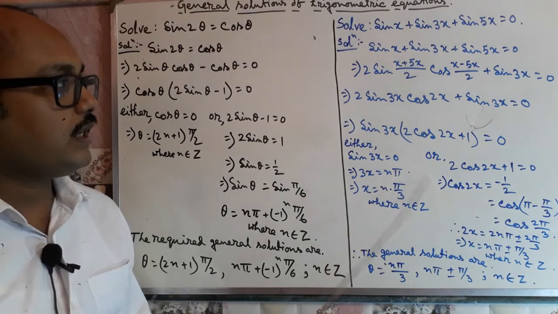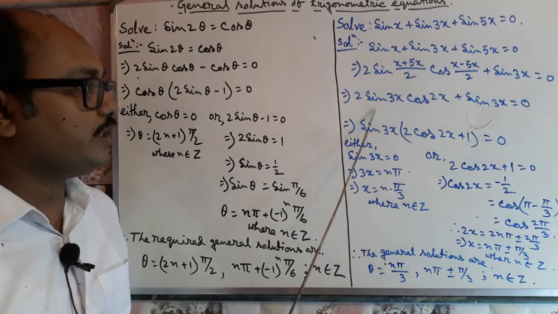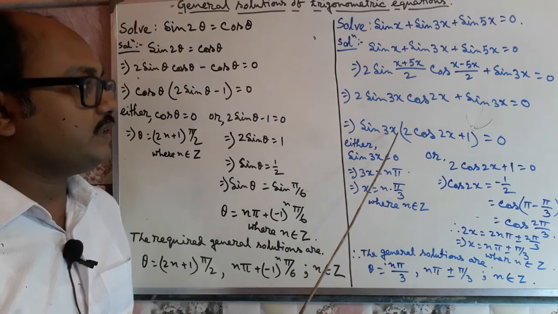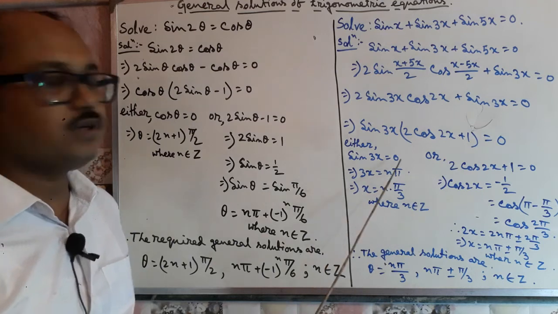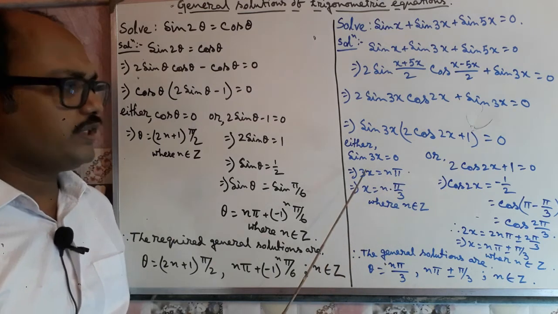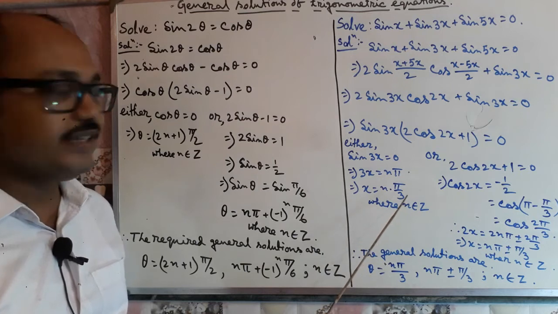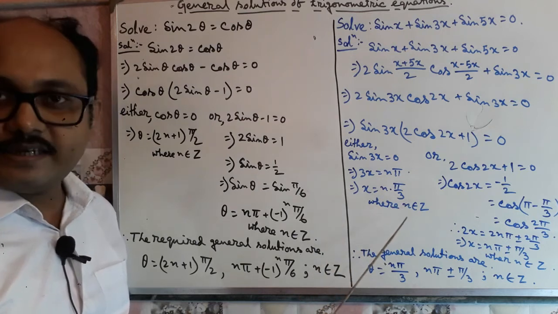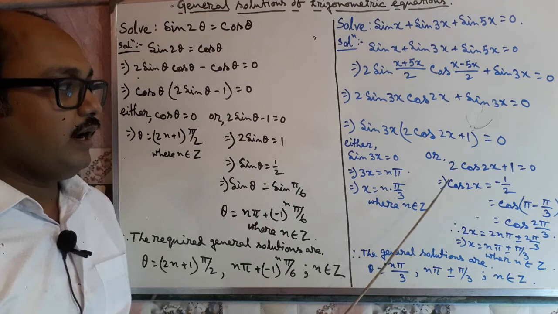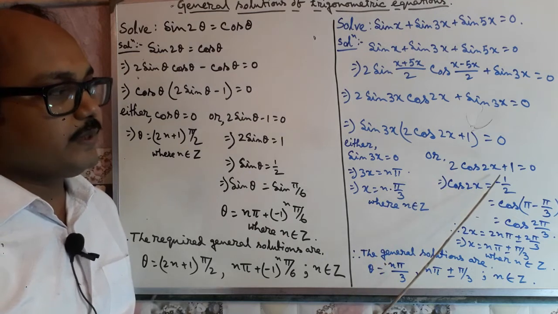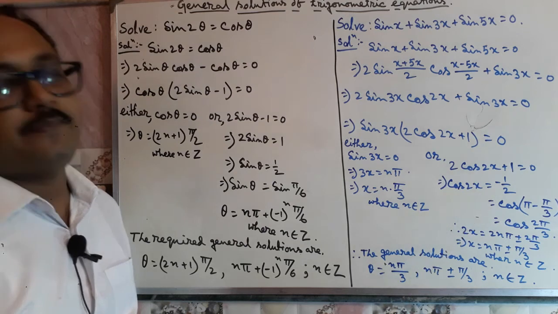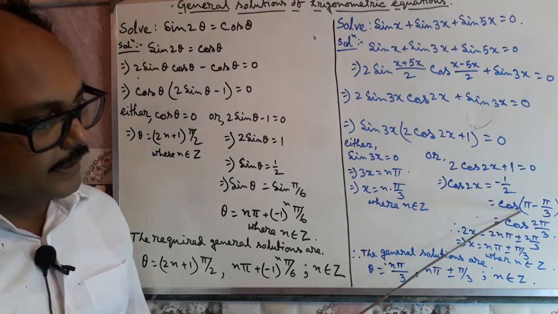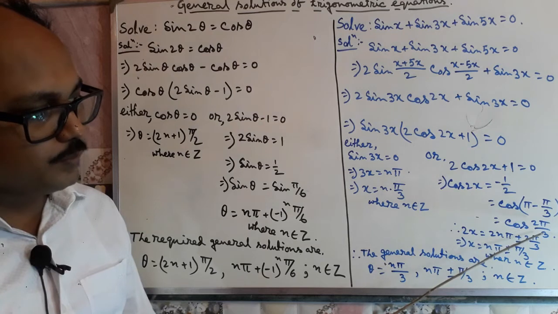So cos of minus 2x is equal to cos 2x. Now taking sin 3x common, it will be sin 3x into (2 cos 2x plus 1) is equal to 0. That means either sin 3x is equal to 0. So 3x equal to n pi, where n is any integer, that is x equal to n pi by 3, where n is any integer, or 2 cos 2x plus 1 equal to 0. From that we will get cos 2x is equal to minus half, that is cos (pi minus pi by 3), that is cos 2 pi by 3.